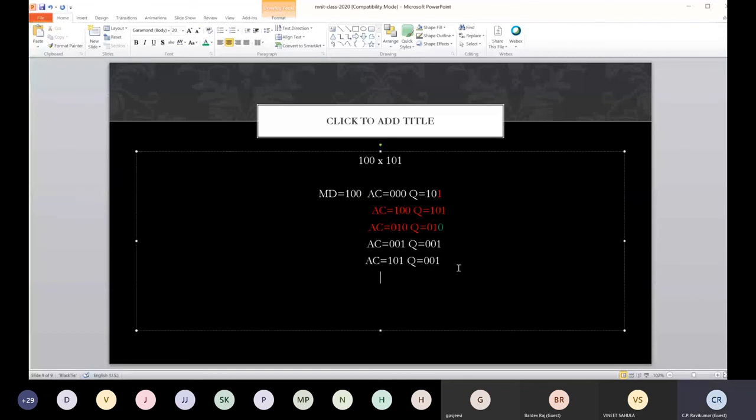And then after doing an add, we have to do a shift, right? Then when I shift, the accumulator will become 010, and this becomes 100.